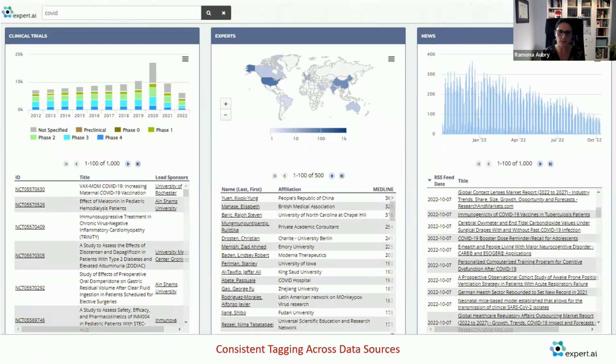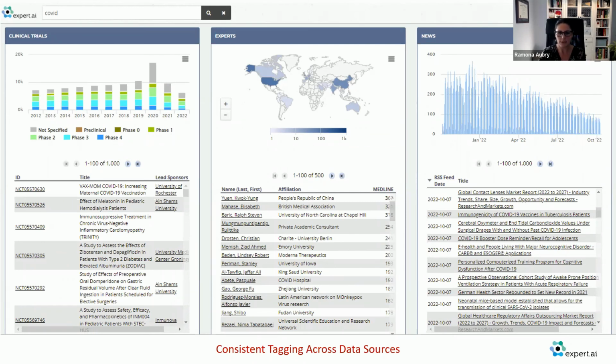So what we did is that we brought together clinical trials registries, Medline databases, and research projects. We have some from the UK here as well as US patents. And what we did is that we performed a search by providing the same search criteria that we applied against these data sources. But the idea was to see, how do you provide consistent tagging across data sources that are apparently